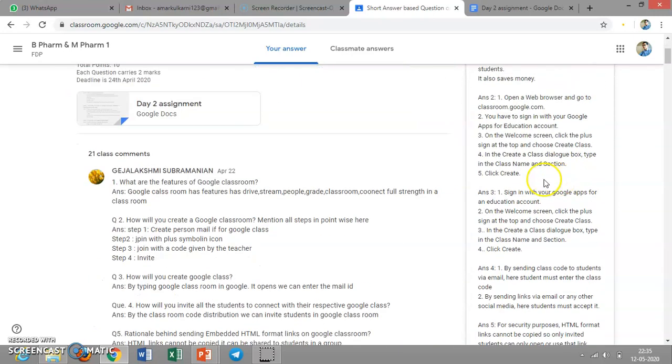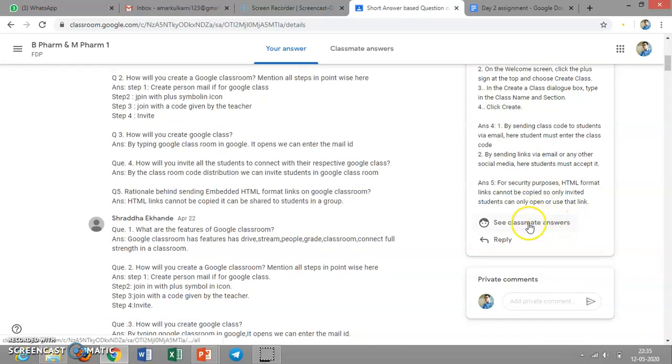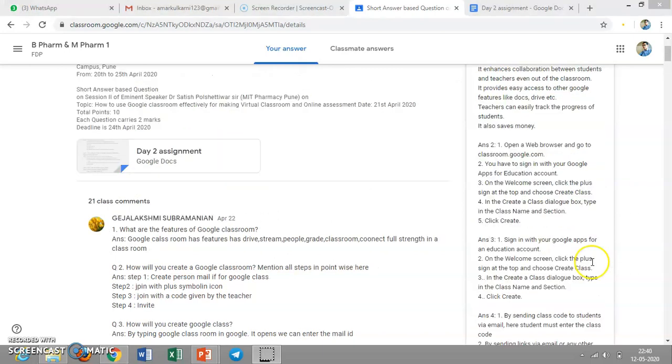After completing the assignment, here there is a window that is turn in. After completing the assignment, you just click on turn in. Turn in means you have submitted your assignment.